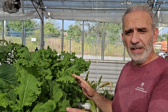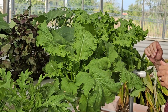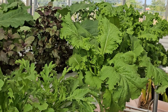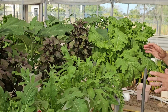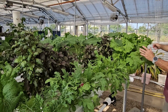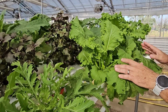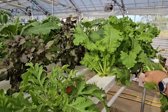If you have a hydroponic system as a hobbyist, how many plants do you want to grow? That's always a question. So I always recommend that you have a variety of plants like I have here, because many of these herbs are cut and grow. So like here I have 2, 4, 6 mustard green plants. For some people that's too much, because even if I harvest half of them,